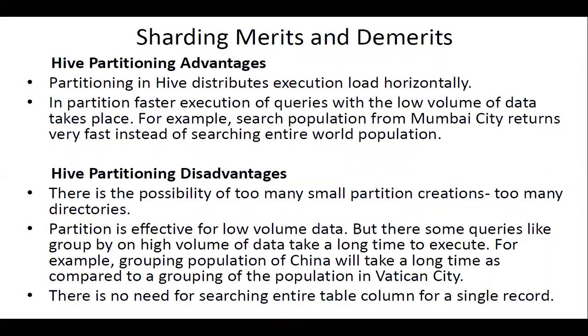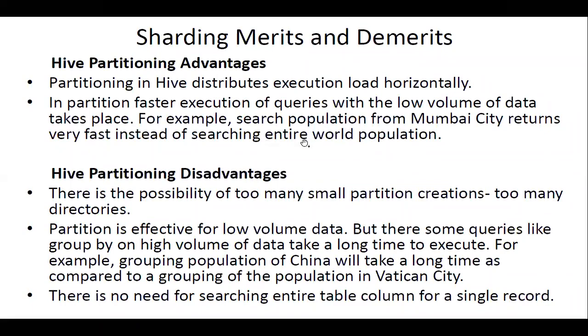So maybe we take the same example. When you have a large number of records in a table, executing a particular query will take more time. Okay, suppose you are partitioning based on some condition, and you have a partition with very few records and a very low volume of data, then processing your query will be somewhat easier, right? So these are the main advantages we have, right?